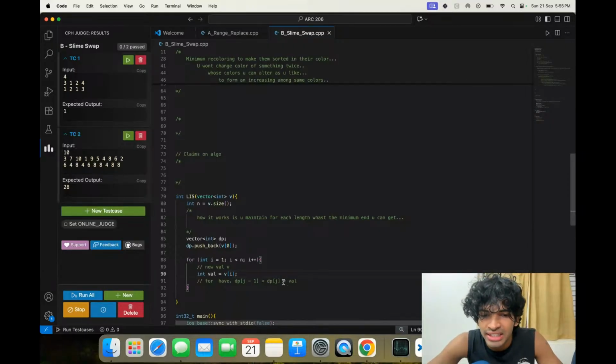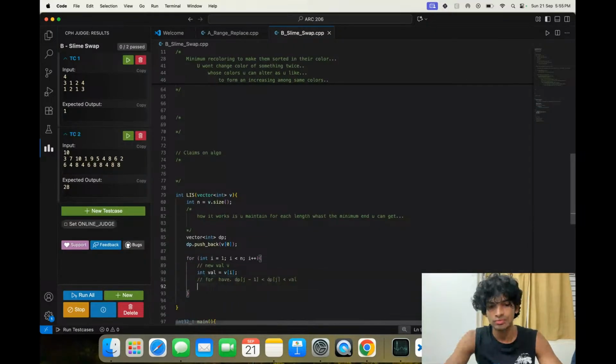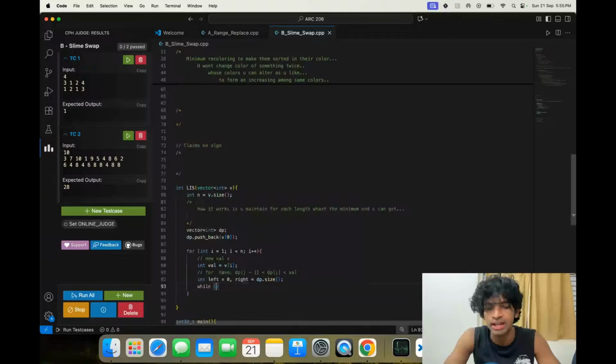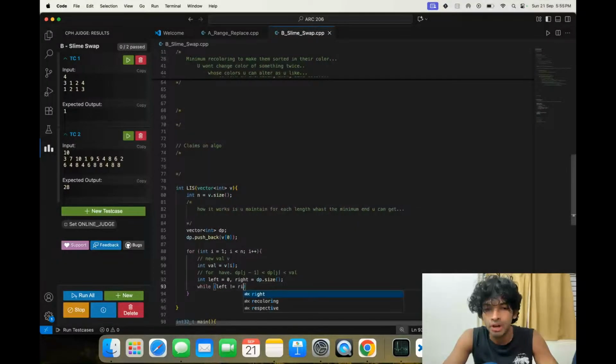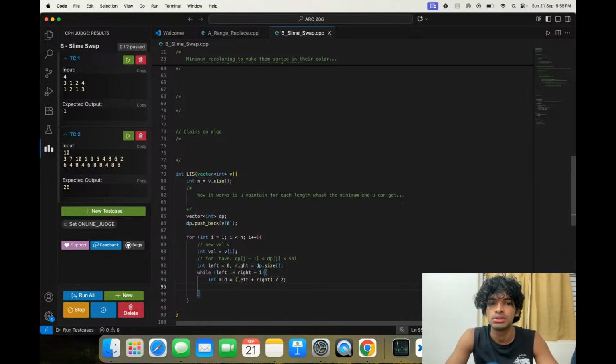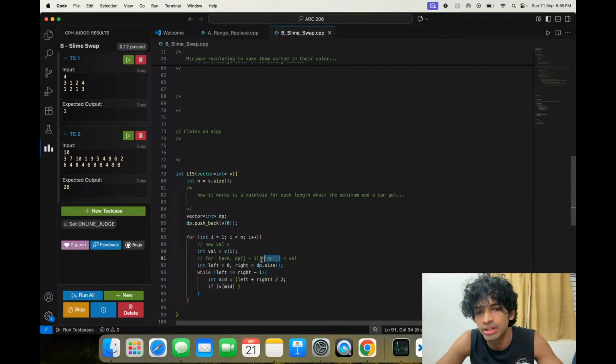So I have to find the greatest j such that, int left, p dot size, while left not equal to right minus 1, int mid equals left plus right minus left by 2. If v of mid is, I want j.